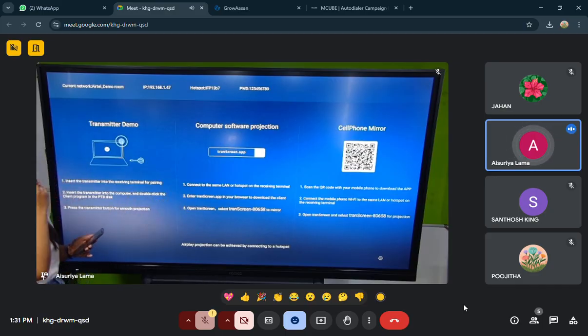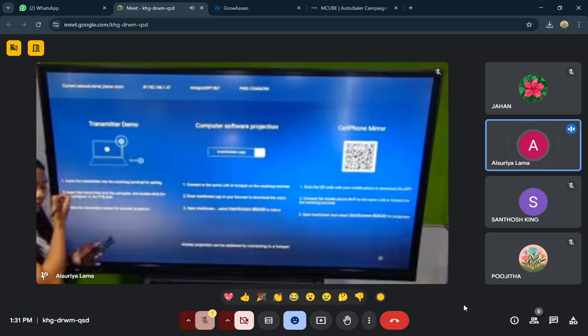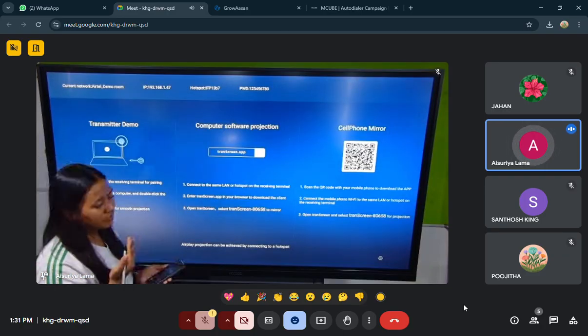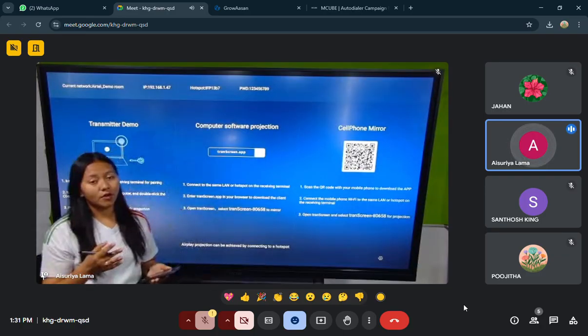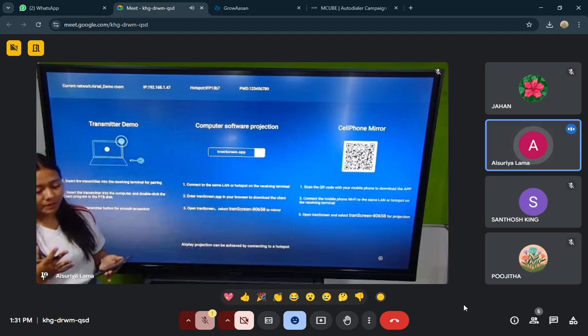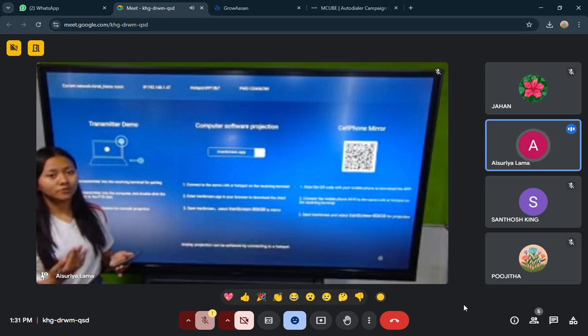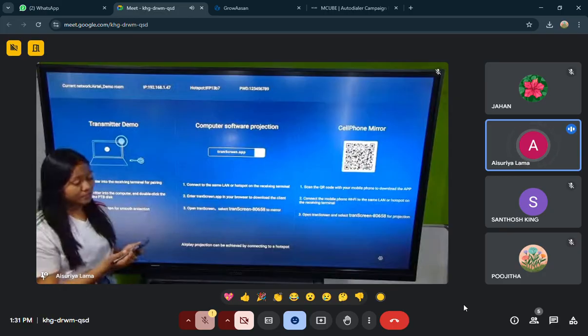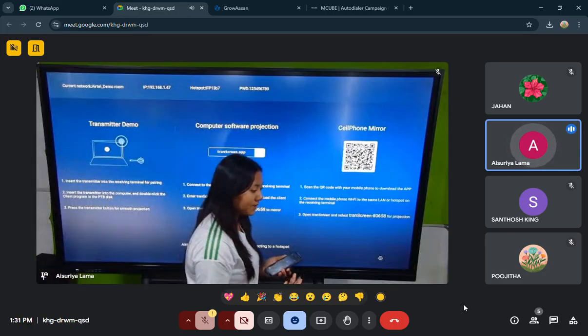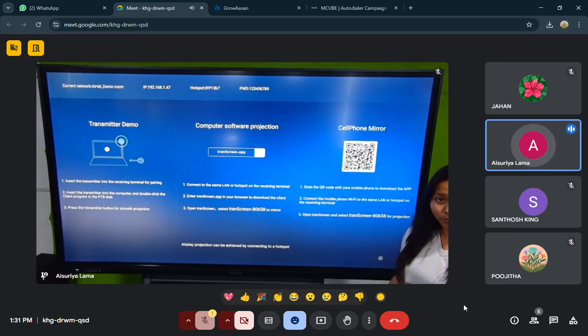Now what is this application used for? This application is used for casting and mirroring. Now I have already mentioned that you can connect your laptop using HDMI connections and all, but just in case you don't want to use a wire, you want to do it completely wirelessly, for that you have to use this feature. So this is known as the transcreen application that is available in the panel. Now for cell phones like mobile phones, you have an Android phone or anything, you can connect using this QR code. Now I'll just give you a small demo.